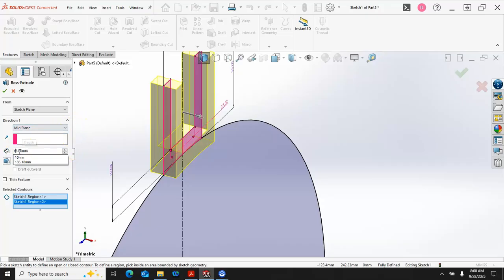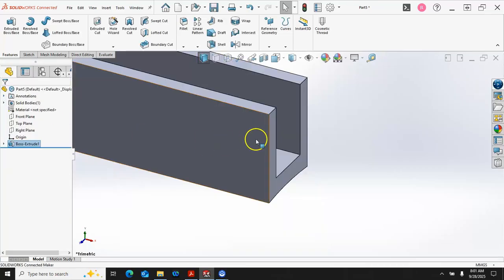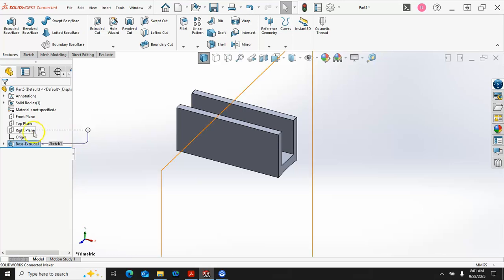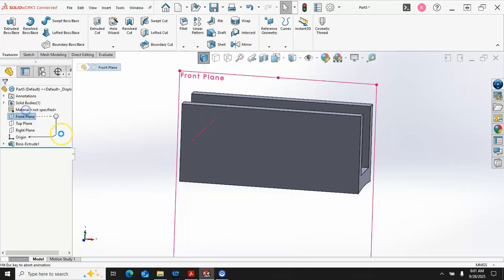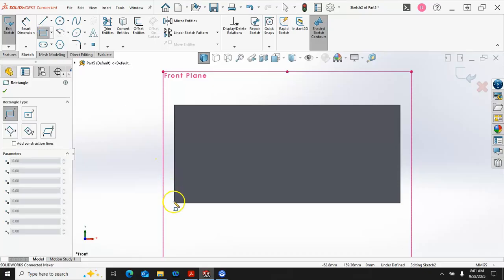Okay, helps to put the 2 in there. All right, 125, and hit OK. All right, so might as well go with the right plane. No, sorry, the front plane this time. I got my orientation shifted a little bit, and we'll go rectangle